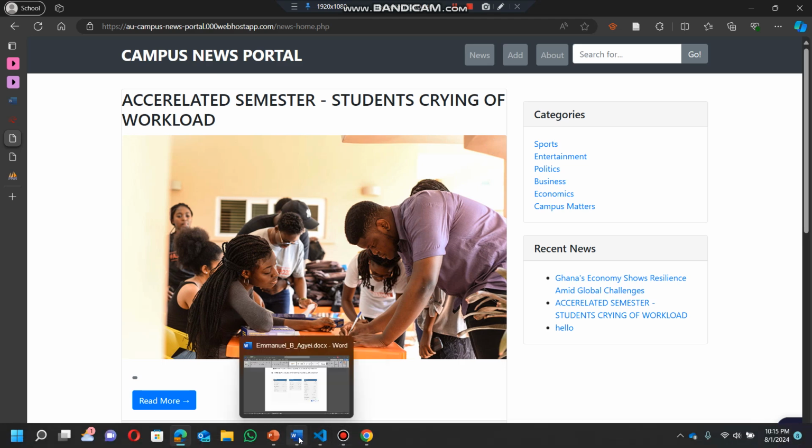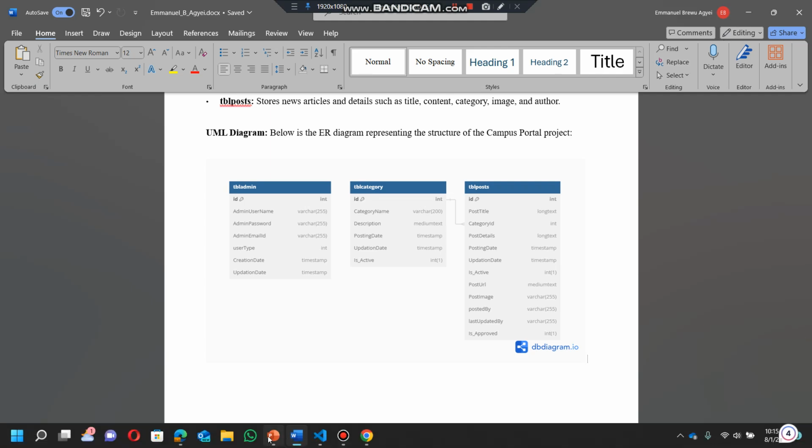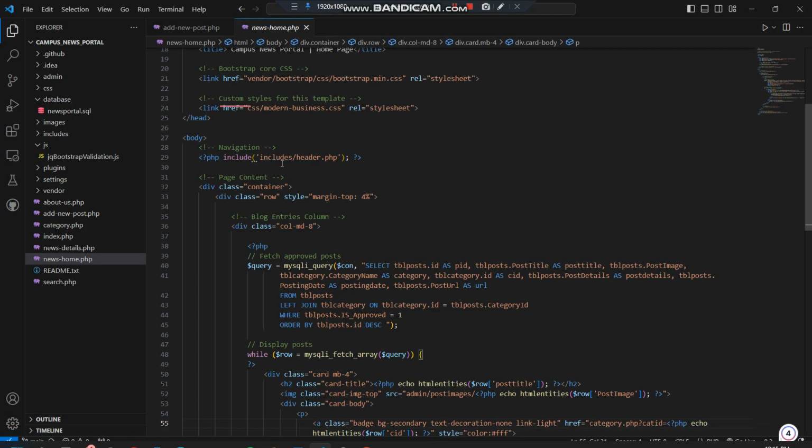So the logic behind this is that when you come to our database and look at the post table, you can see is approved. It's approved should be 1 before the news item appears on the page. When you go to our code,